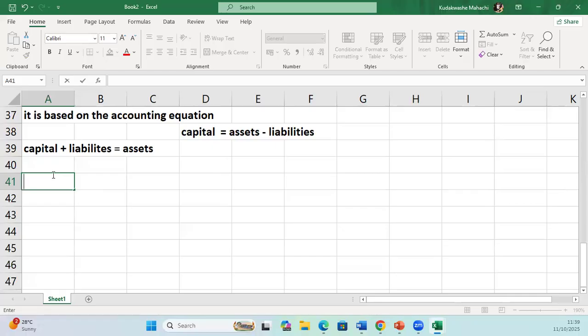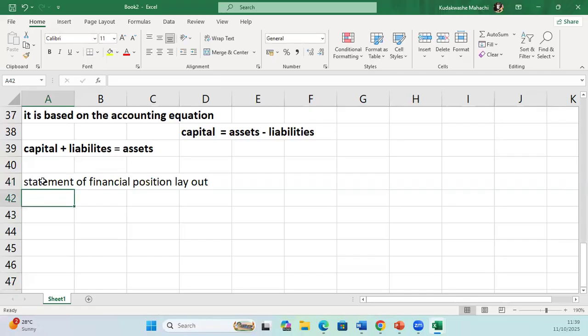Okay, so we are saying the assets, we start with the non-current assets. So if you are preparing, that's now the statement of financial position or the balance sheet layout. So for the layout of the statement of financial position,